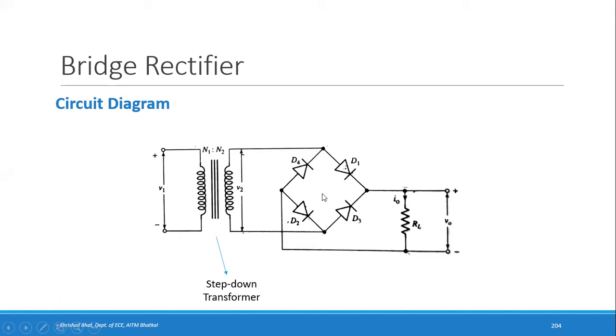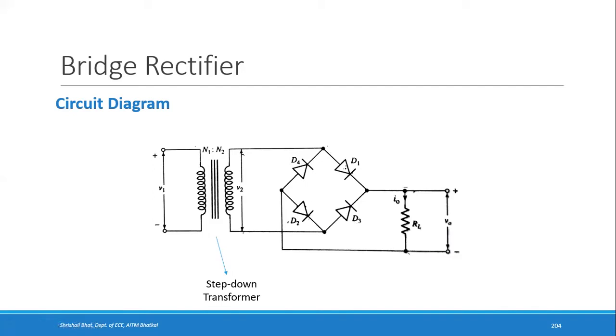We can also connect a load here and show this is where you are measuring the output. That's why it's called a bridge. Here you are connecting inputs, and across these points you are connecting the outputs, right? While drawing the circuits, the direction of the diodes has to be proper. If you draw it inverse or something, the whole operation will go wrong. So diodes D1 and D2 are connected this way, and D3 and D4 are connected this way, right?